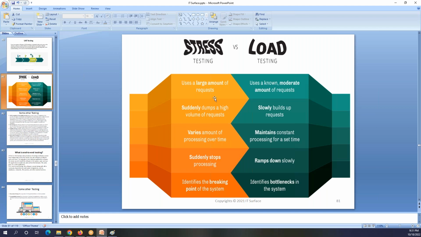That is stress testing. And load testing uses a known moderate amount of requests, like for example, putting 20,000 users at a time. After a couple of seconds or 10 seconds, you put 20,000 more. So it's a moderate amount of requests you are sending to the application.